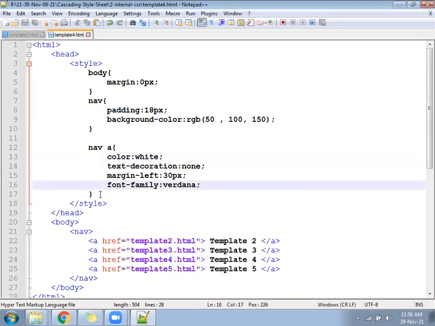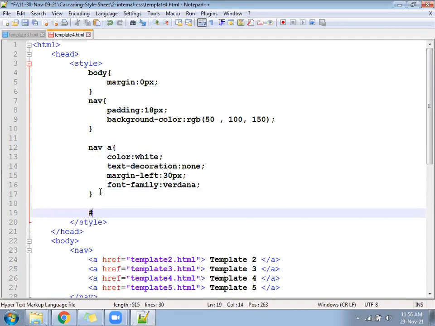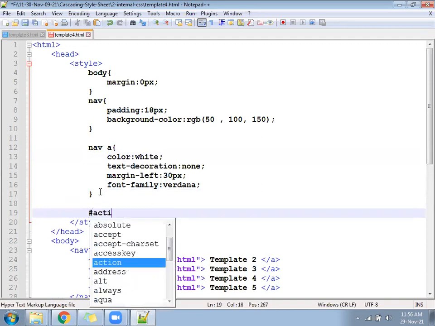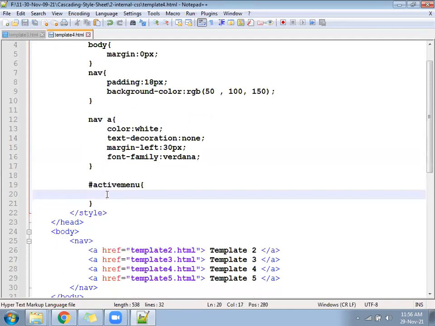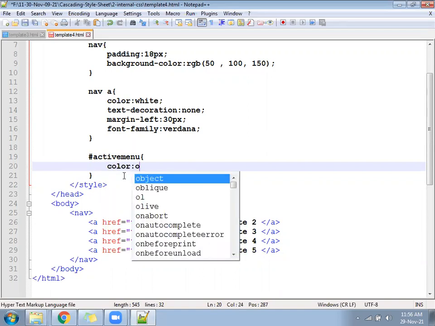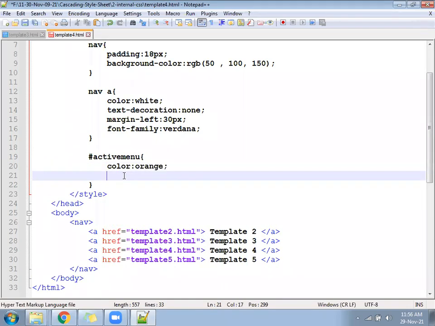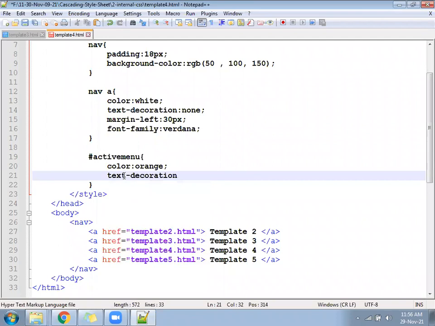We'll create a class called active menu, or maybe an id active menu. What is that active menu? Suppose you are on the template number 4. So the template number 4 should be a different color. Example, color as orange color and text-decoration underline.